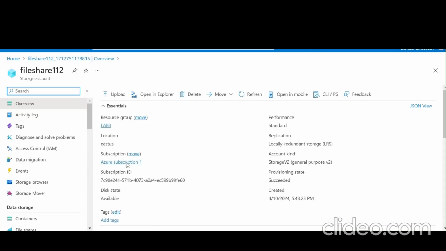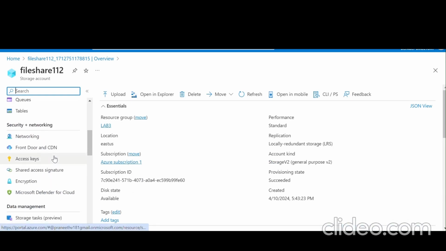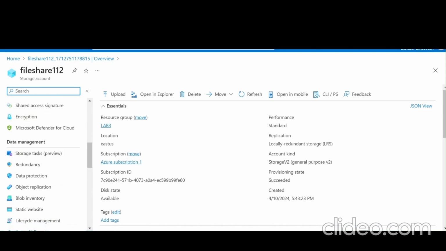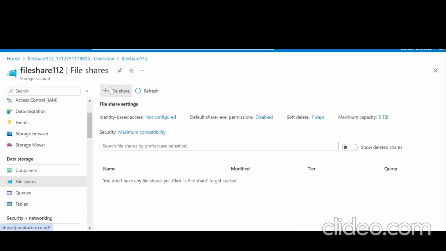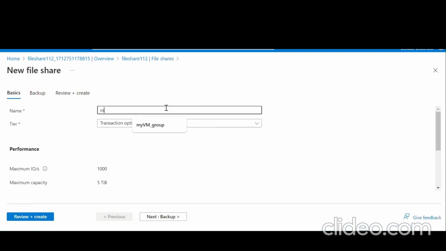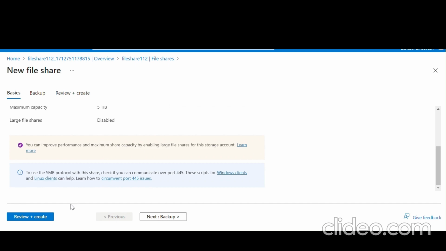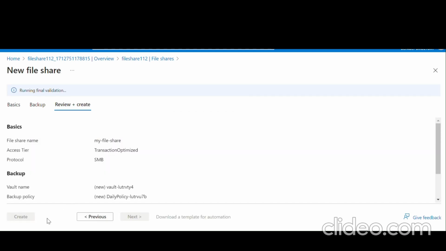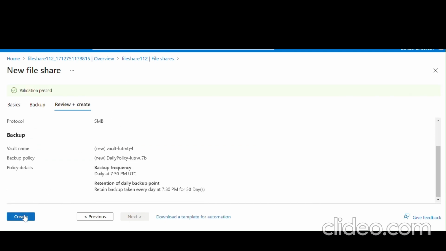Once the deployment is complete, go to resource. Let's go under data storage and click on file share. Then let's click on the create button. Once the validation is passed,